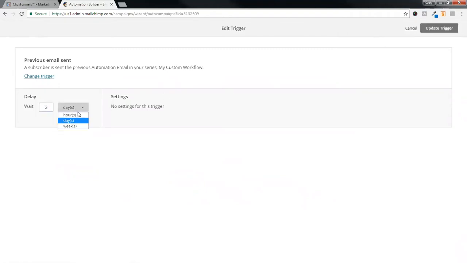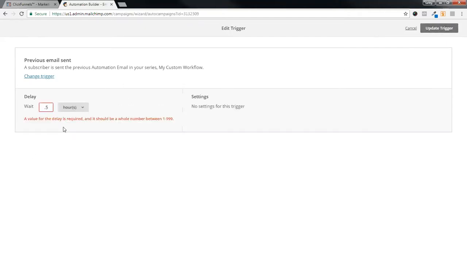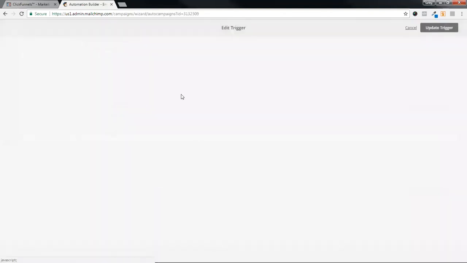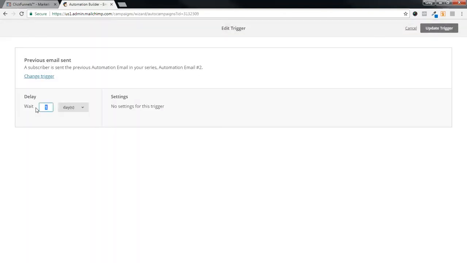Now you can do hours, but the smallest amount of time you can go is 1 hour. Like if I tried to click hours here and did 0.5, and I try to update, it won't let me. It has to be a value between 1 and 99. So let's again go to days, and we're going to do 2 days. Update trigger. And let's say this one, just for the heck of it,